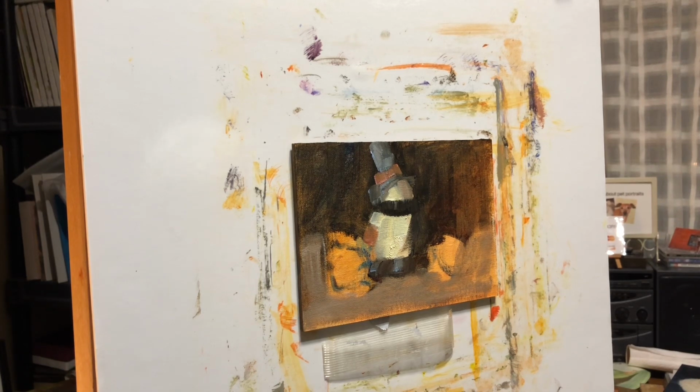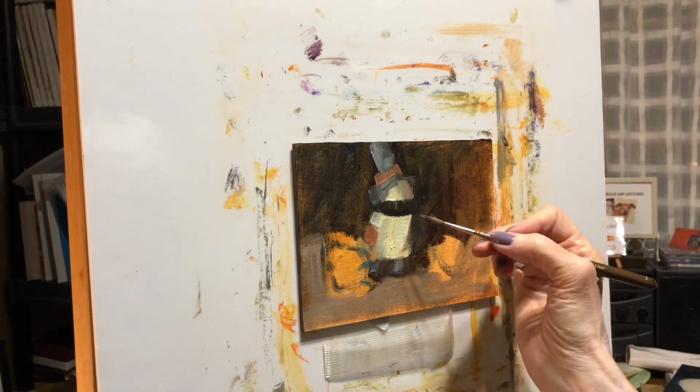And it's early for detail, but we're going to throw a few things on the little guy. Just because it's fun and I want to. Usually I paint large to small and I leave the details for last, but